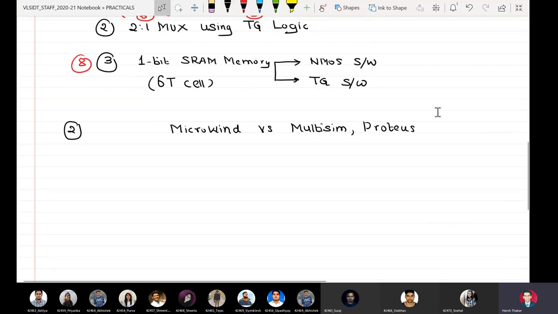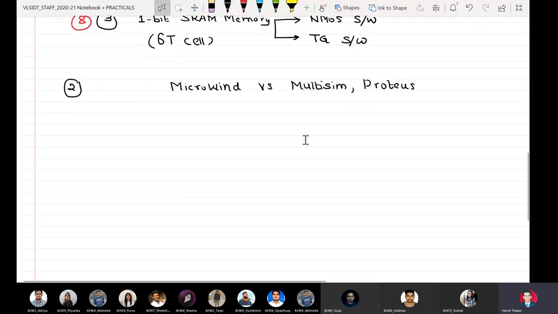Right? So if we ask what is the similarity between these tools, the similarity is that all three are electronics CAD tools.